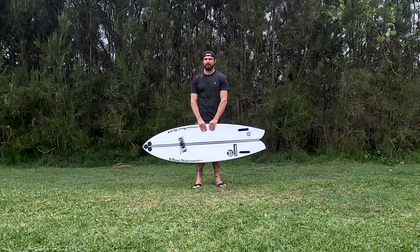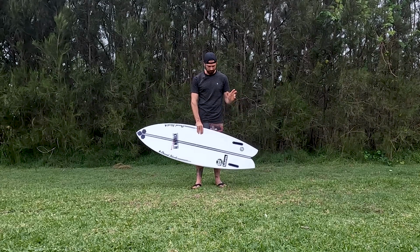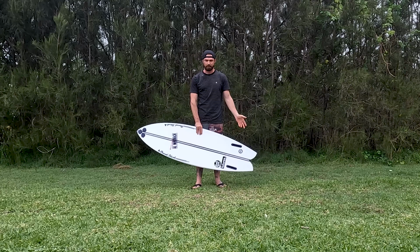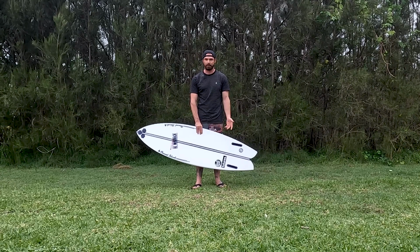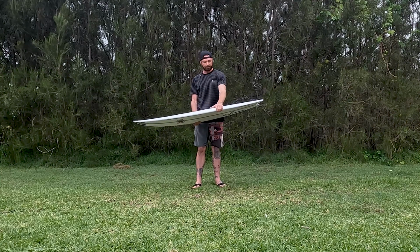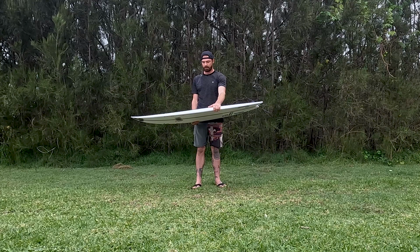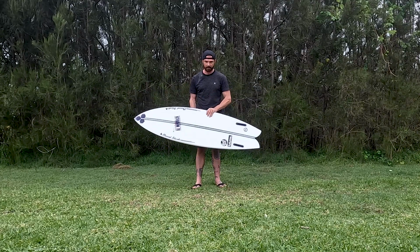This board I would ride in kind of anything, well I have ridden it in anything from kind of 1 foot crappy beachies up to 5 foot really nice clean point breaks. I probably wouldn't ride it in too much bigger than 5 foot, just because being epoxy it tends to get a bit chattery,